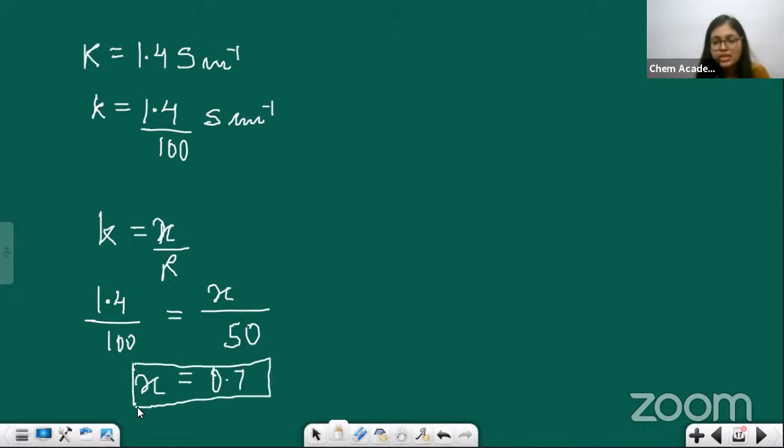This is the cell constant. We know that this is the cell constant. Now that we have calculated the value of cell constant,